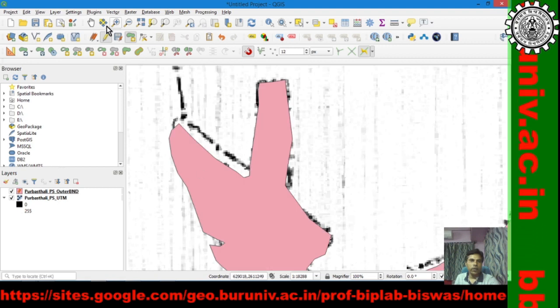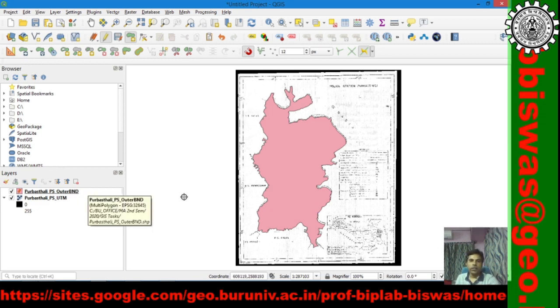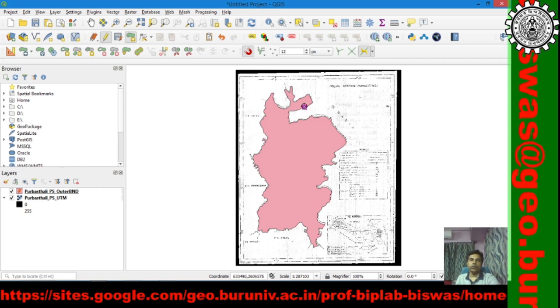So, our shapefile is ready. Our shapefile of the outer boundary is ready for the Purvasthali block. Now, the second part is how to create the village boundary by splitting this outer boundary.